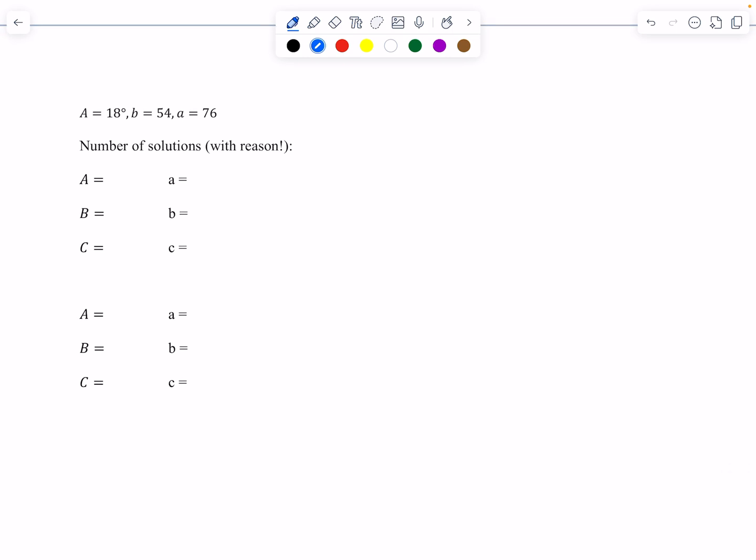Is there anything I want to do with the other two? I'm so done with this review sheet. It's so freaking long. So notice that if you say is A greater than B sine angle A, sure. Is A less than B? No. So there's only one solution. And if you try and set it up,